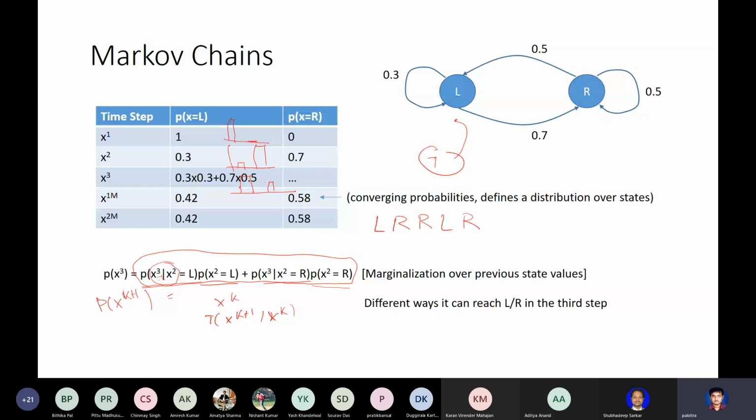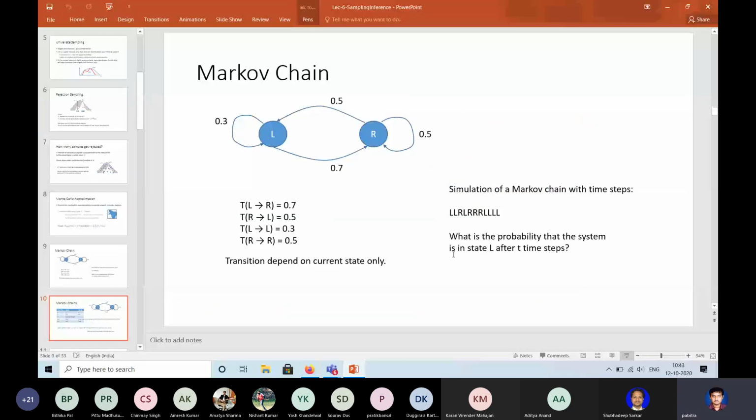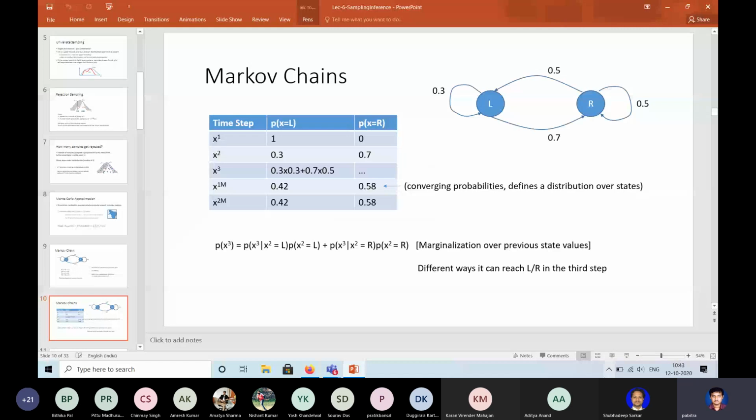It's like a coin toss. If I have n states, this distribution would have n entries. And not only that, it could have been continuous also. So I can represent Markov chains not only with discrete distributions, I can also describe them over continuous distributions. I am soon coming to how. I still have connection. Okay.